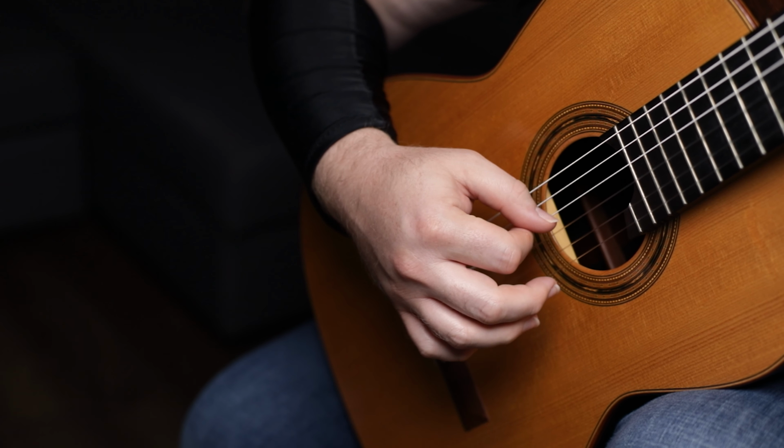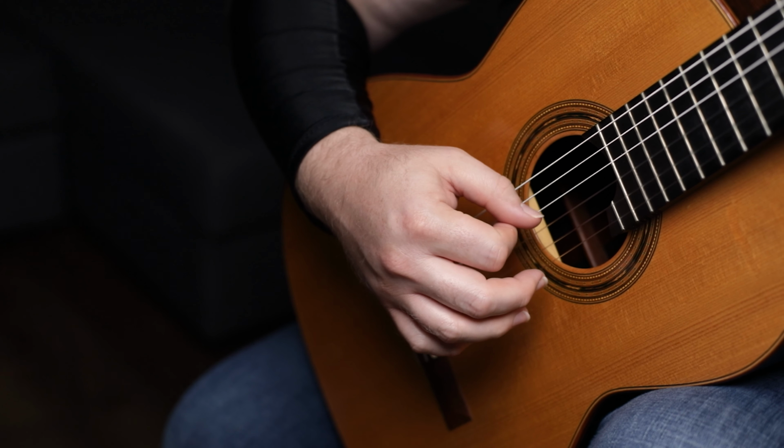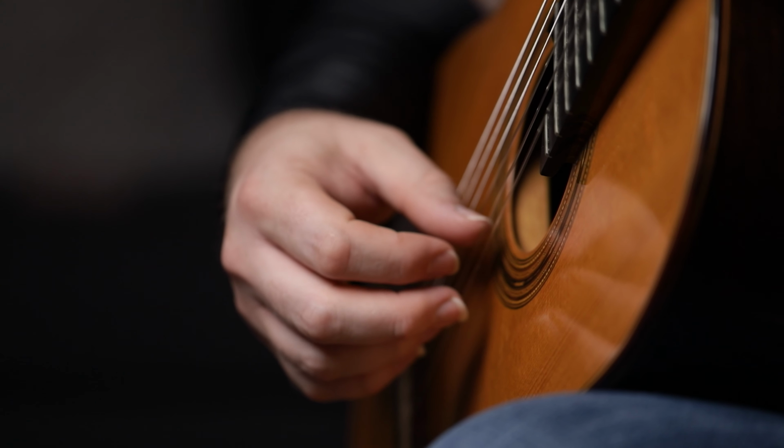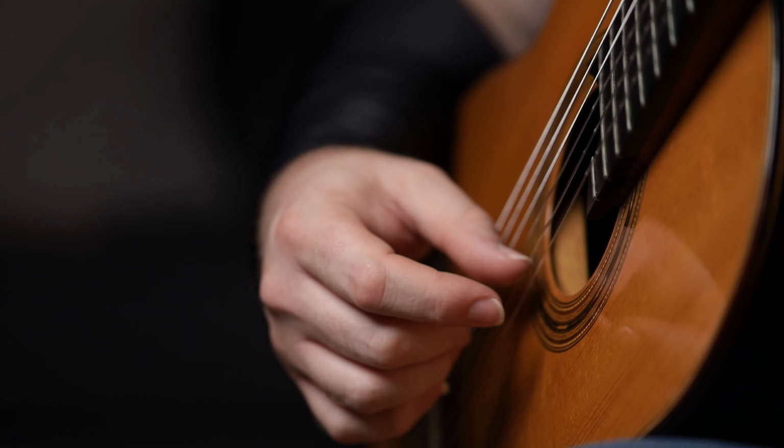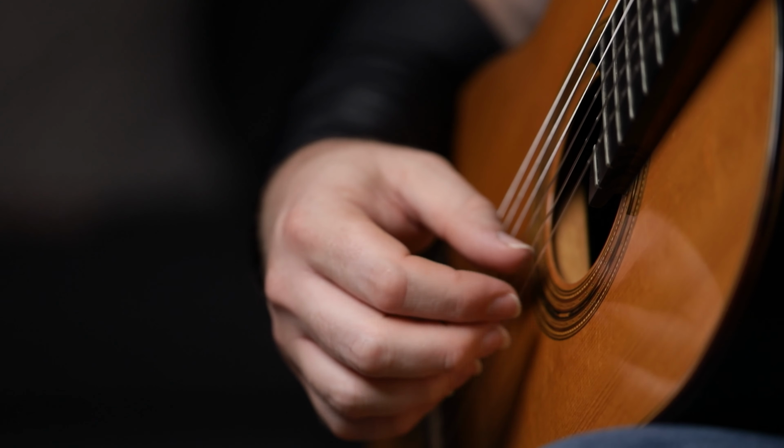Now, the movement of the fingers can be split up into 3 steps, but it really looks like one just because it's happening so fast. The finger movement starts with planting the fingertips on the string. Then the finger uses pressure to move the string. The more pressure that is placed on the string, the louder the sound will be. And finally, release. This is when the finger or the fingernail, if you're going to be using nails, will glide